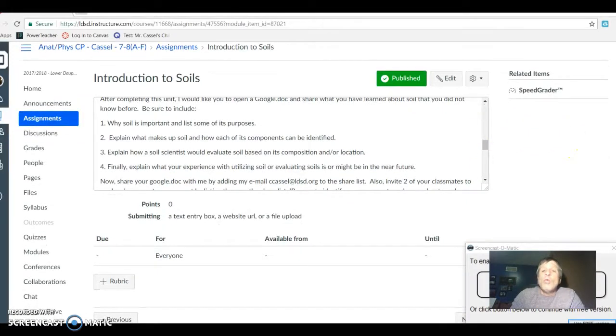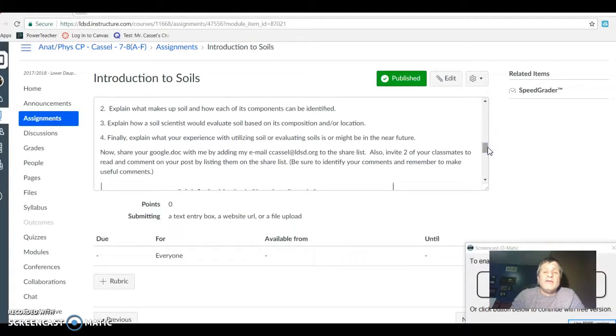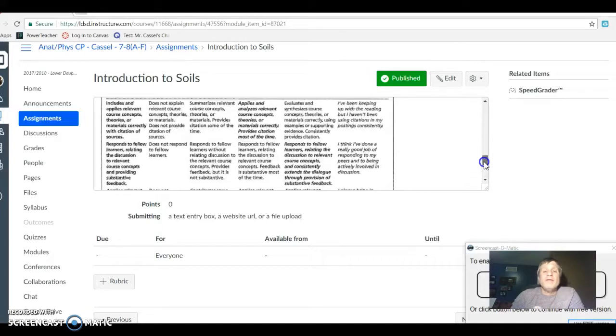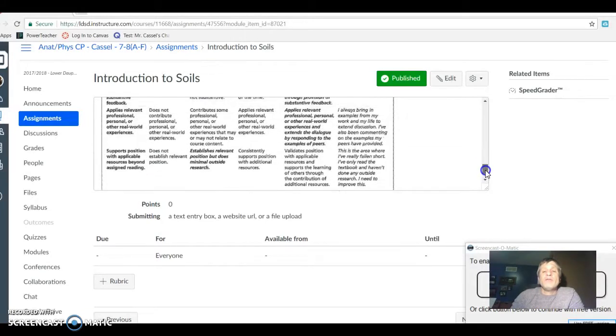So one thing that I did here when I was in the ACTE sandbox is I made this a Google document, which they're supposed to answer these questions and then share with two classmates, and then they're required to post comments on two classmates' writings as well. Oh, and I've also provided this rubric so that they can better assess one another's work in